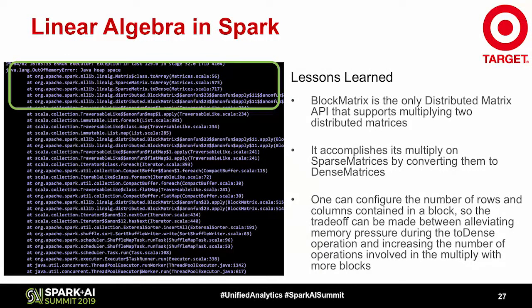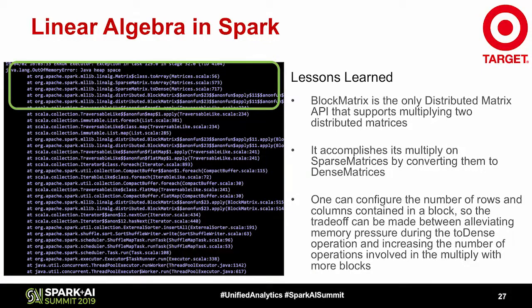If you look deeply at the stack trace here, we see that within the block matrix API, it's converting sparse matrices to dense. There's no way around this. It's just in the bowels of the Spark code, and there's no good way to configure it. For this case of generating feature vectors against vocabularies, they're by definition going to be very, very sparse. So this was likely blowing up data hugely, in a way that's unexpected, at least given how I thought these APIs would work with their multiply.